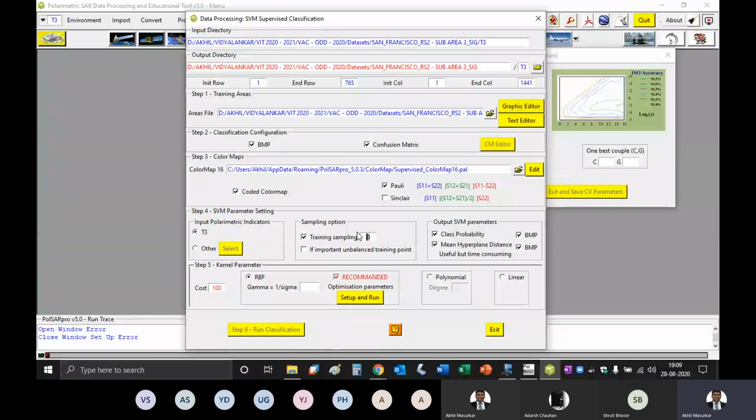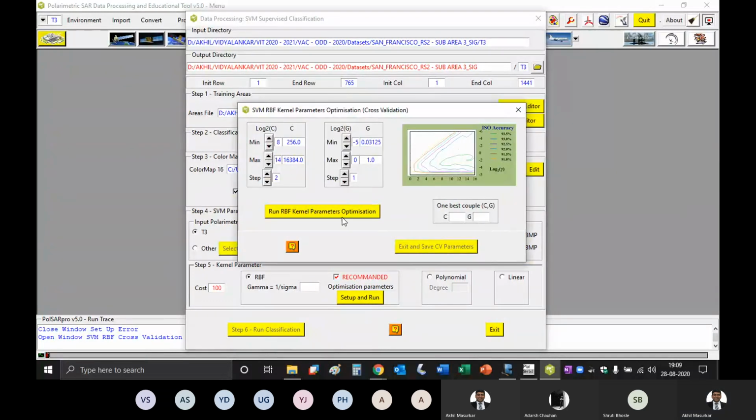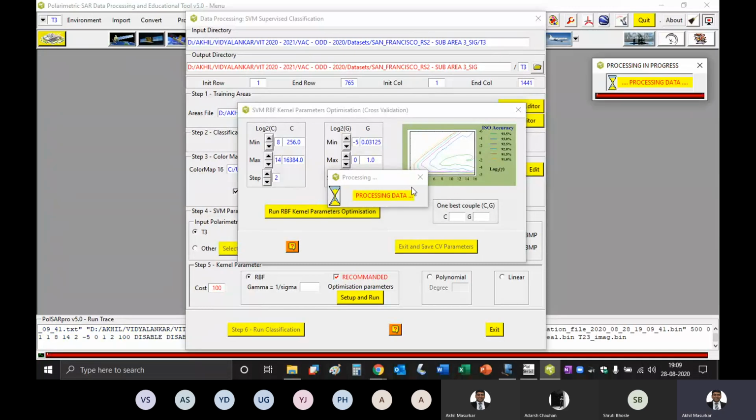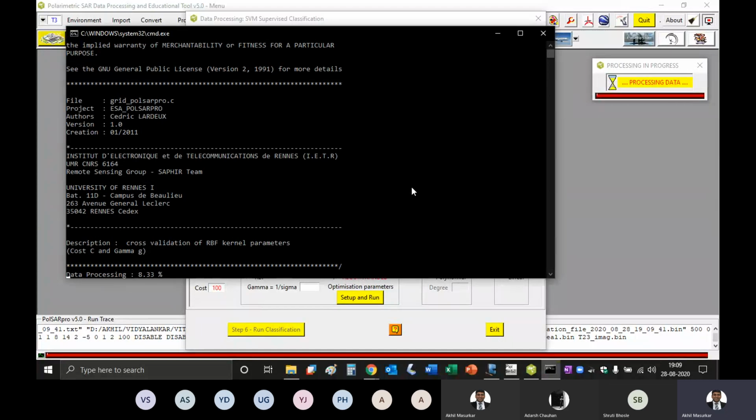So just type here. Let us select that option in the first place. Training samples as 500, which was the default value, and then say setup and run. Training sampling size? 500.